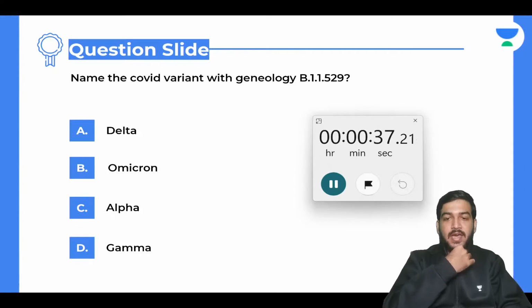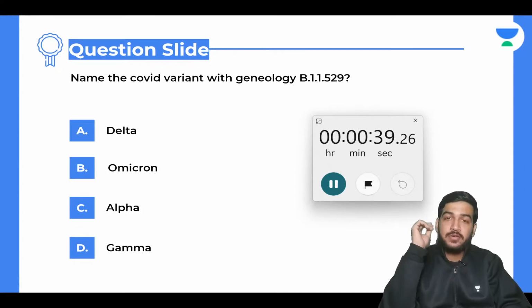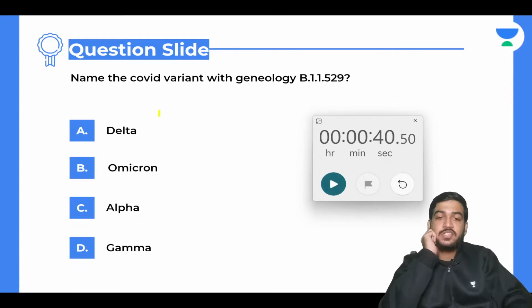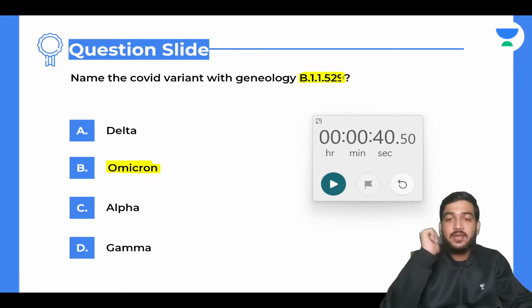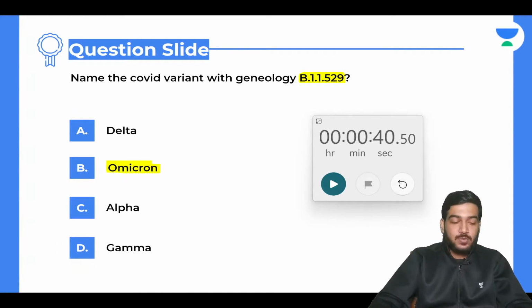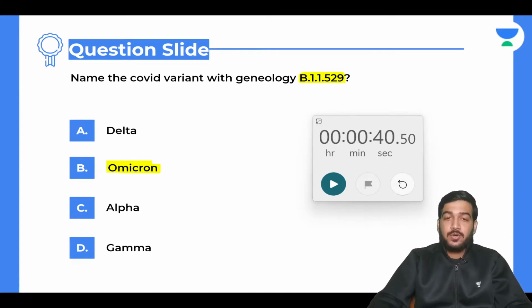Yes, it can be a person who has been in the news for the wrong reason. Just like the Omicron variant, which is the correct answer to this question, with genealogy B.1.529. WHO is stating that this variant is good enough to even evade our vaccines. There are booster doses being given everywhere around the world. So we now need to get back to wearing masks if we had stopped it.